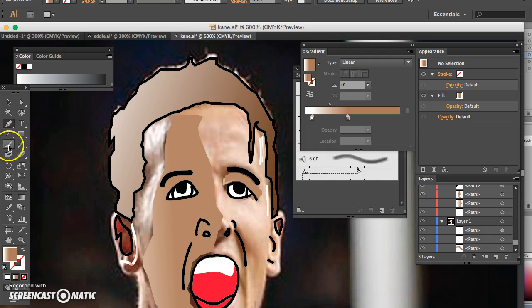So after actually drawing the nose and the eyes and the eyebrows with the paintbrush, you can then go back to the path tool and start drawing out areas on the face that you want to colour in. For example, this part of the face is slightly darker,